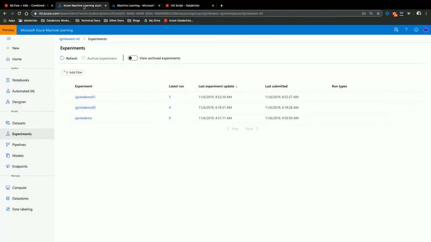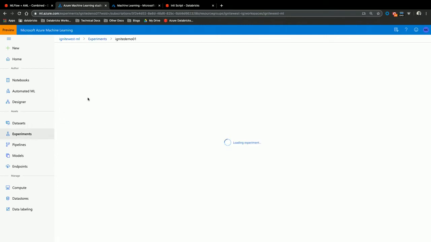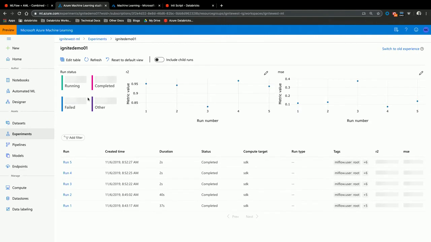So what did this produce? Okay? So now if we flip over here to the Azure Machine Learning Studio, and we go to the experiments page, which is where we are, and we click into our experiment, you see that all of the stuff that we just did in Databricks and that we logged with MLflow's open source APIs shows up here now in Azure ML.